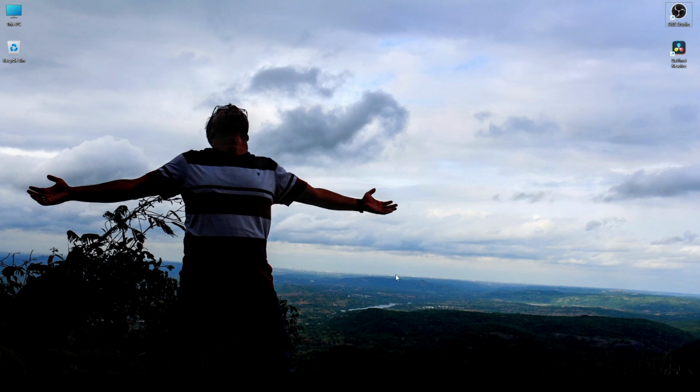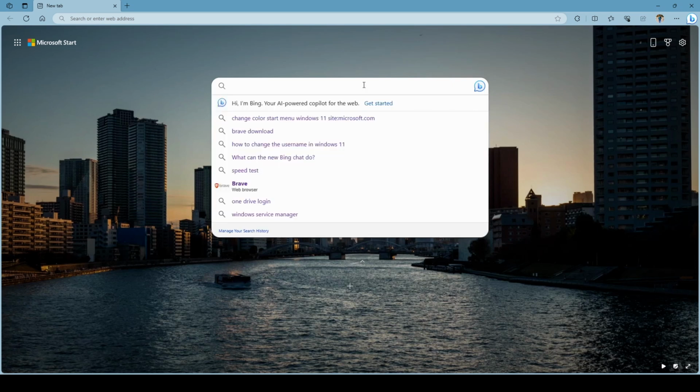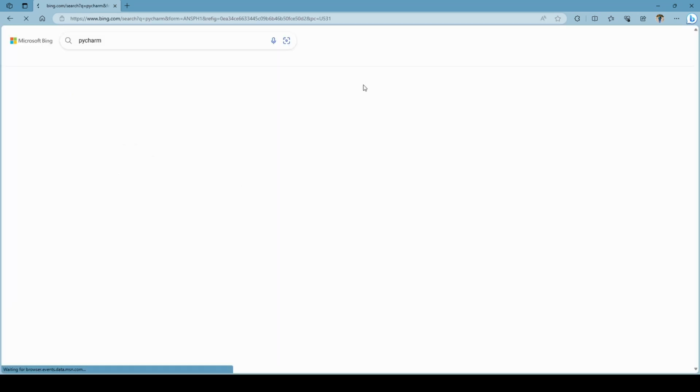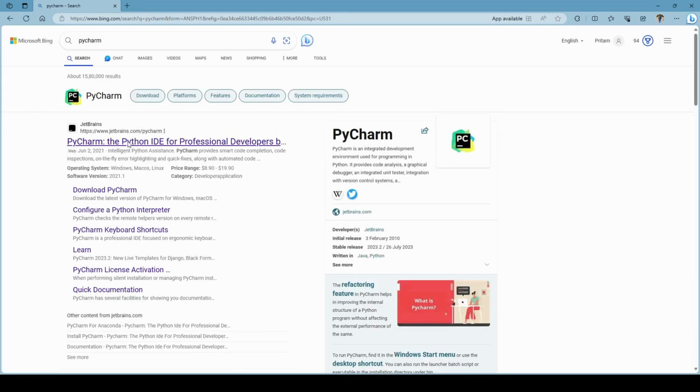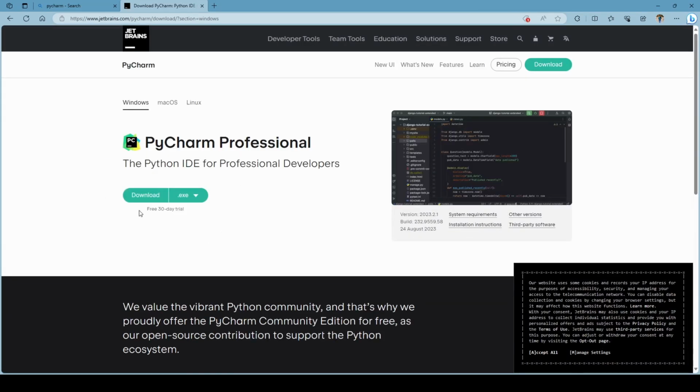But before that, we have to install Python first of all on our PC, and also an IDE. IDE means an integrated development environment, and I am going to use PyCharm here. So let me talk about PyCharm. This is the IDE. In the download section, this is the professional one.